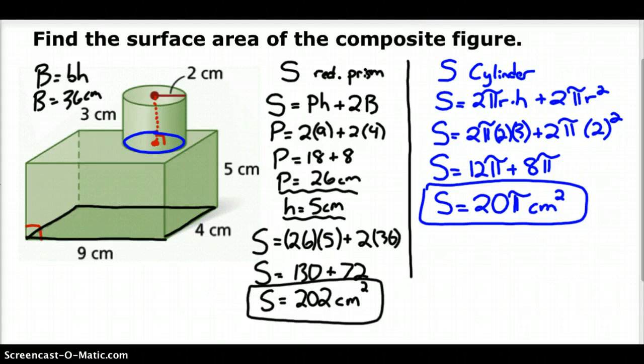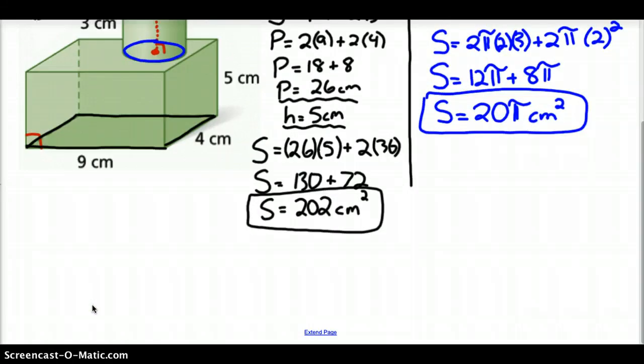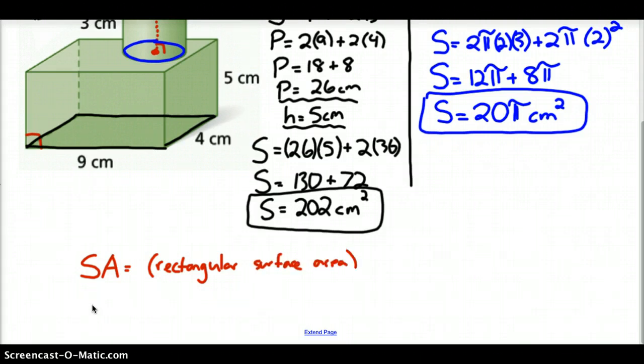All right, so that's definitely a good start here. So now we have to figure out a nice little formula here for the rest of what we're going to do. Okay, so a good formula for this is basically the entire surface area is going to be equal to the rectangular surface area plus the cylinder surface area